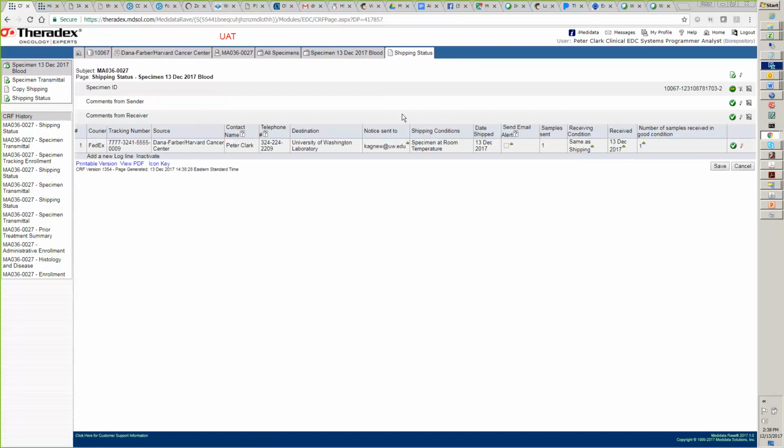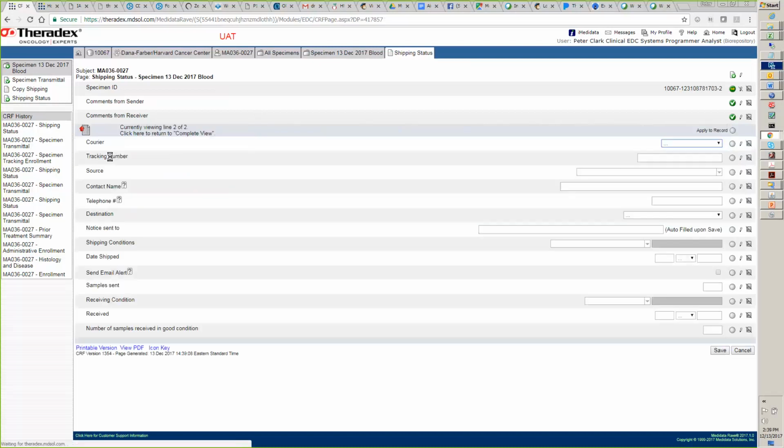And that's all you would need to do in the data environment when you receive a specimen. Now, it's possible that each of you would need to ship these specimens somewhere else. I haven't read the protocol in detail, and I'm sure it spells it out there. But in many protocols, the specimens bounce around to a number of places. So if you do need to ship it somewhere else, you would be entering a new log line item in the shipping status form. So just to demonstrate that for you, for posterity's sake,